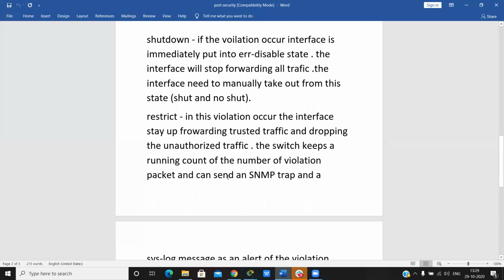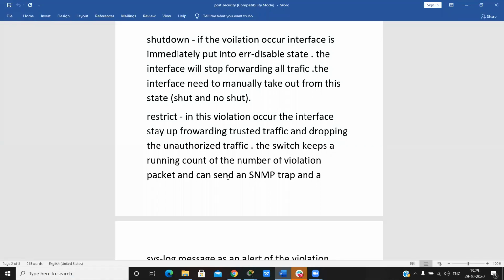The second one is restrict. When a violation occurs, the interface stays up forwarding trusted traffic. The interface is always up and forwards all trusted traffic and drops the unauthorized traffic.